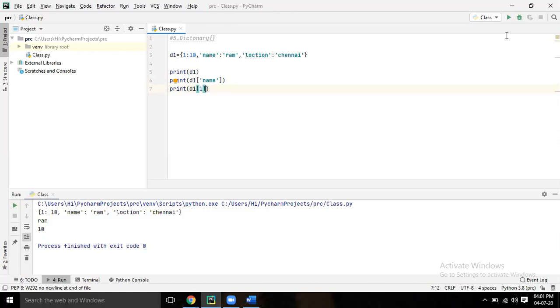Now after D1, take another, D2 equal to some dictionary. Let's say 2 colon 9920, whatever, comma 10.5 colon, something you give, whatever.